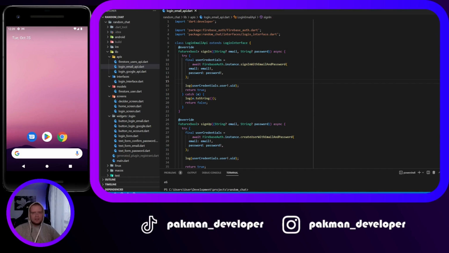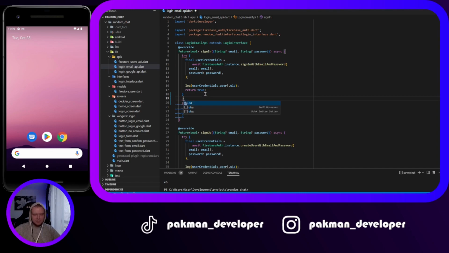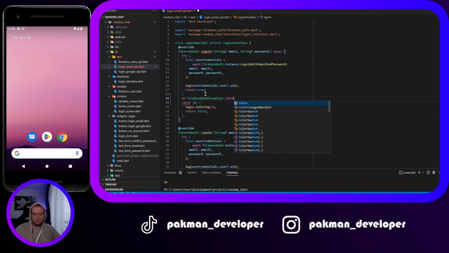And today we'll show error messages that come from Firebase exceptions. Previously we just showed some UI validation errors that we made, and now we will be handling errors from Firebase. To start with, we need to catch Firebase authentication errors. To do that, we need to specify the exception that we want to catch. So it will be on FirebaseAuthException catch